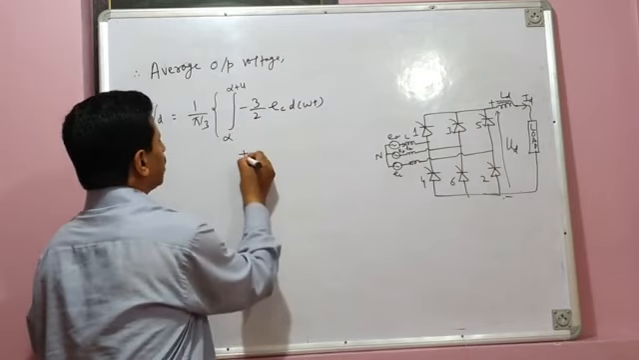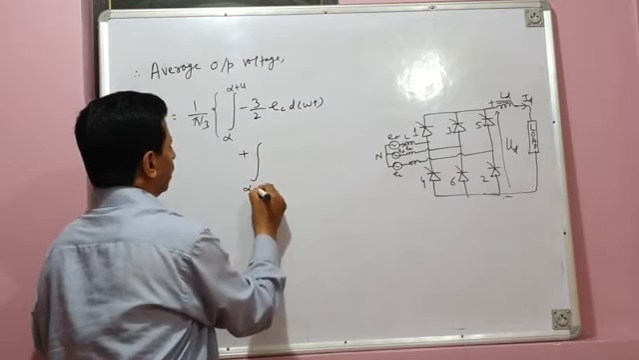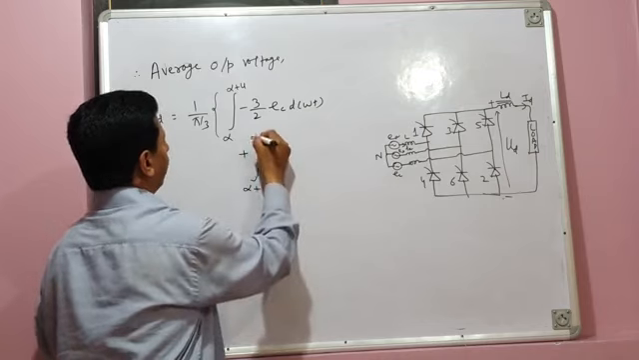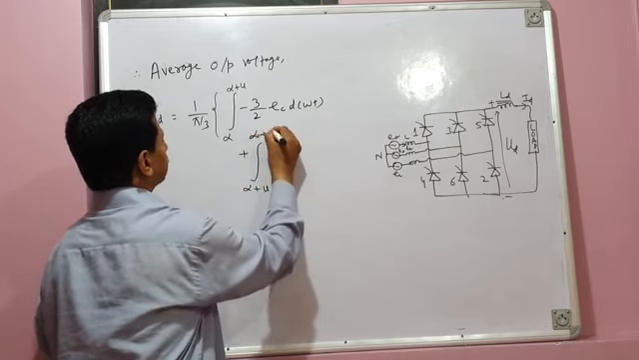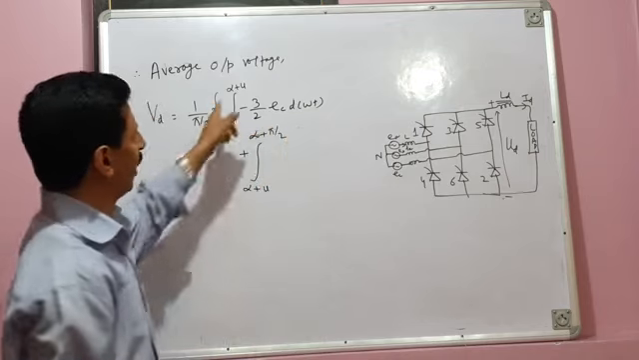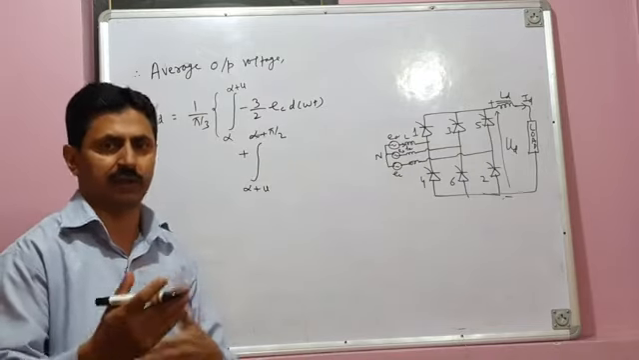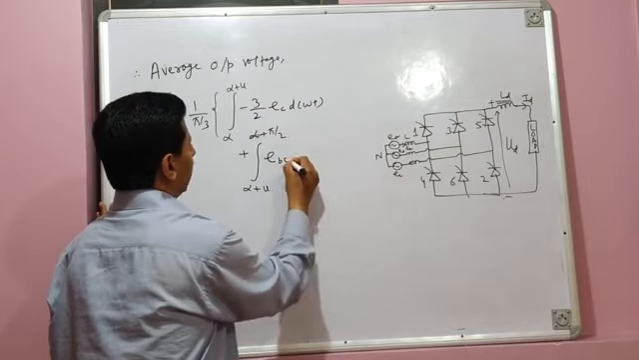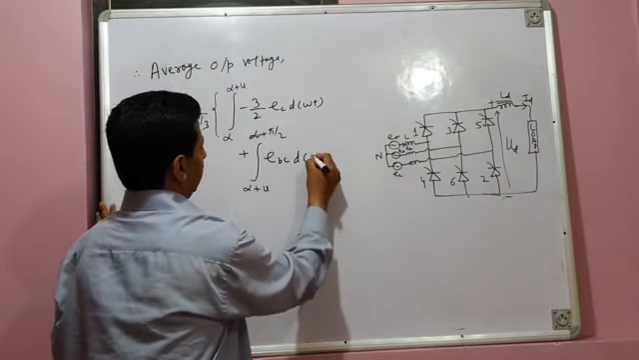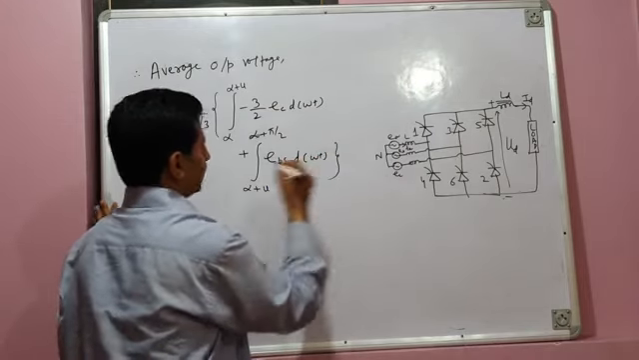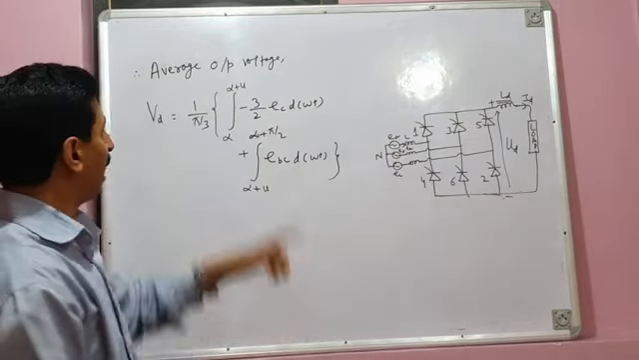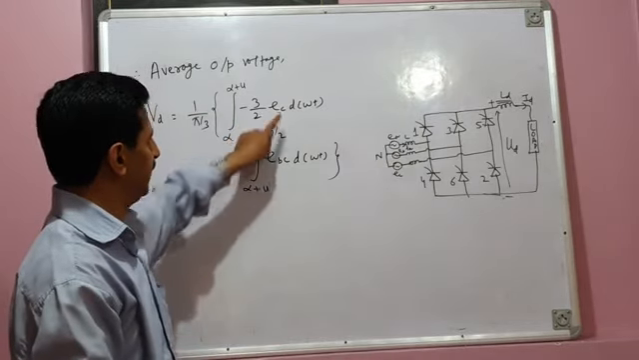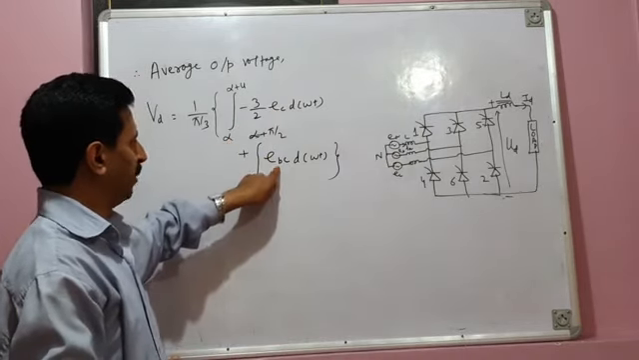Plus, once the commutation overlap is over, now from alpha plus u to alpha plus pi by 3, there will be 2 valve conduction. So 1, 2, 3 will be followed by 2, 3. And when 2 and 3 are conducting, my load voltage becomes line voltage EBC d omega t. That's it. Now I have to write the mathematical expression for EC, and I also have to write the mathematical expression